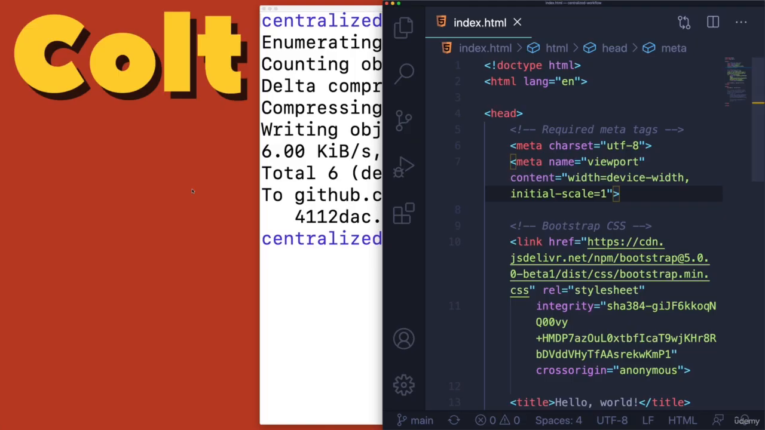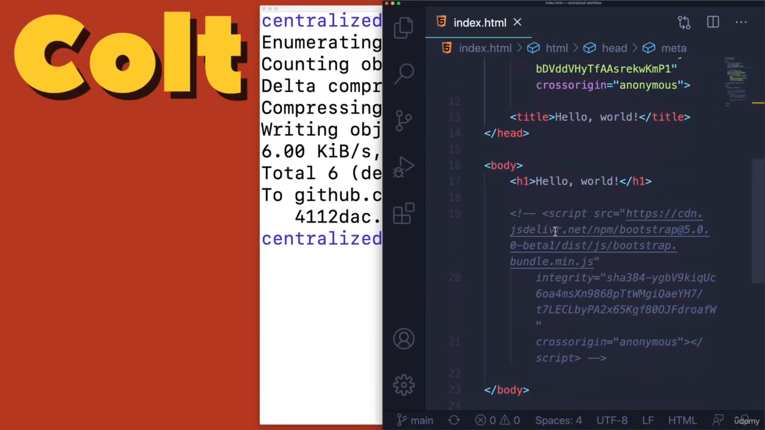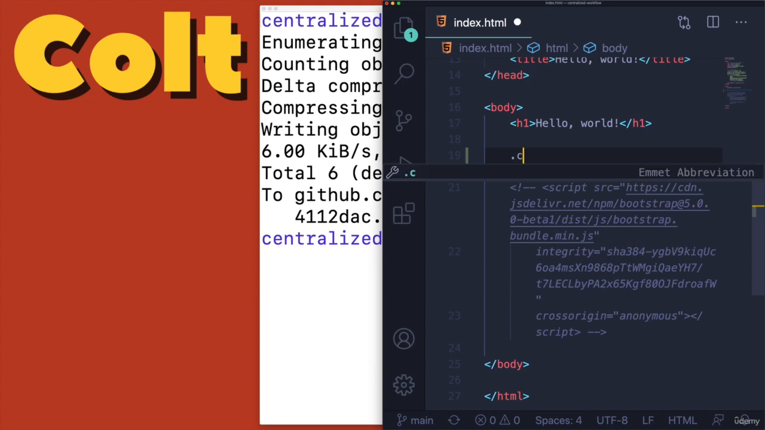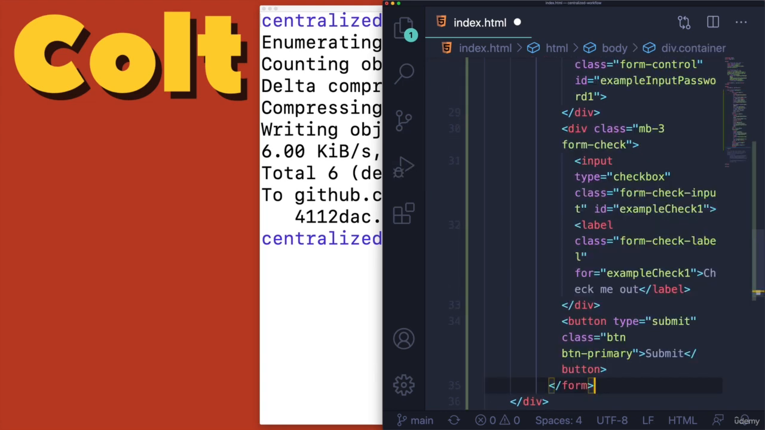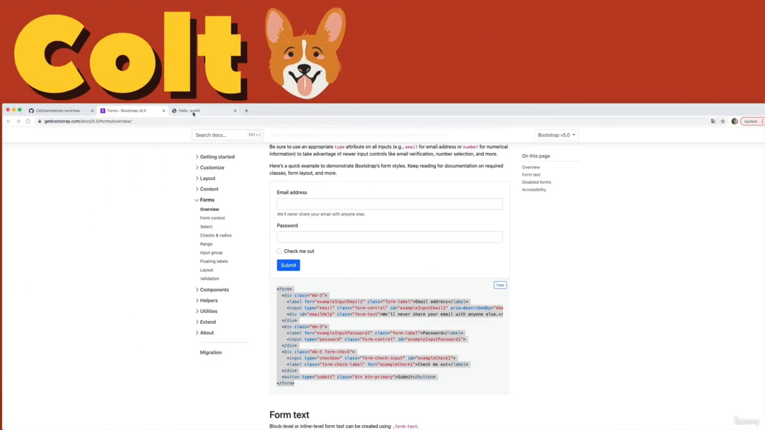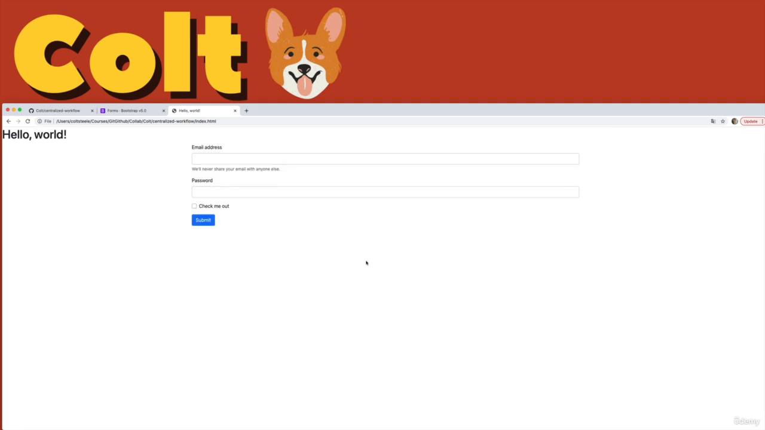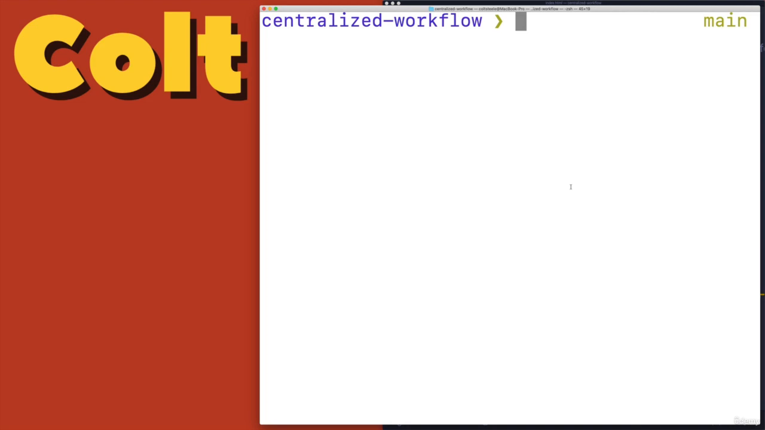So this is on Colt's machine. We'll put this in the body. We'll add a Bootstrap container. Okay, so this is the work. We'll pretend this took all morning. Colt did this work. So then Colt decides, it's so weird saying my name in third person, but anyway, I